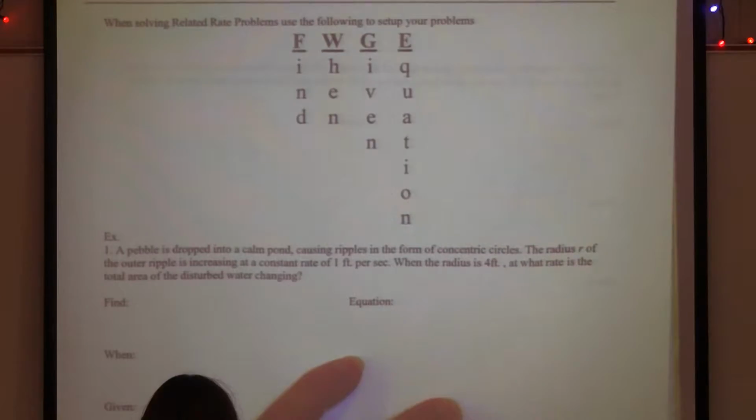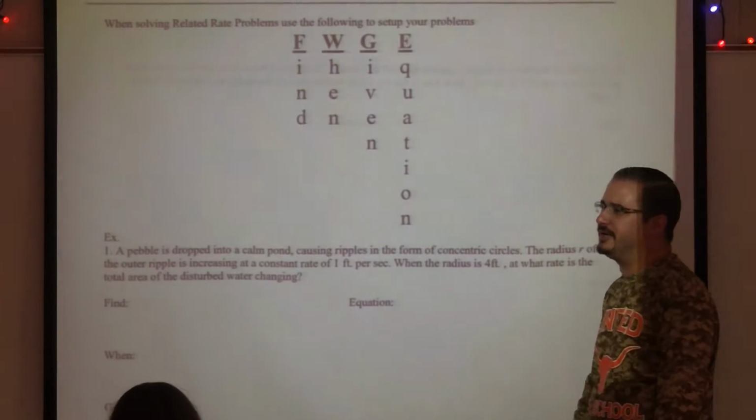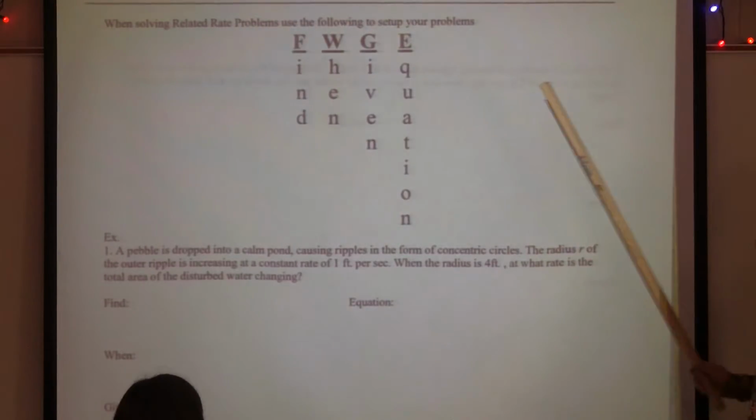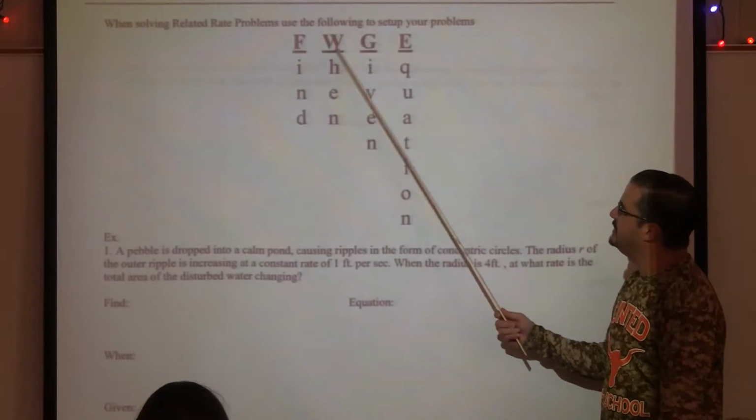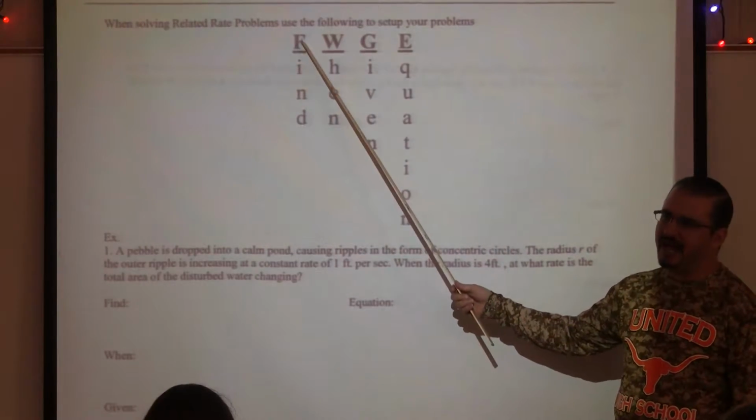There's a couple of things that you have to think about when you're trying to set them up. So as you're reading them, these are some things to pay attention to. This is the FWGE that I was talking about. F, W, G, E. So first down you write an F, and you want to ask yourself as you read